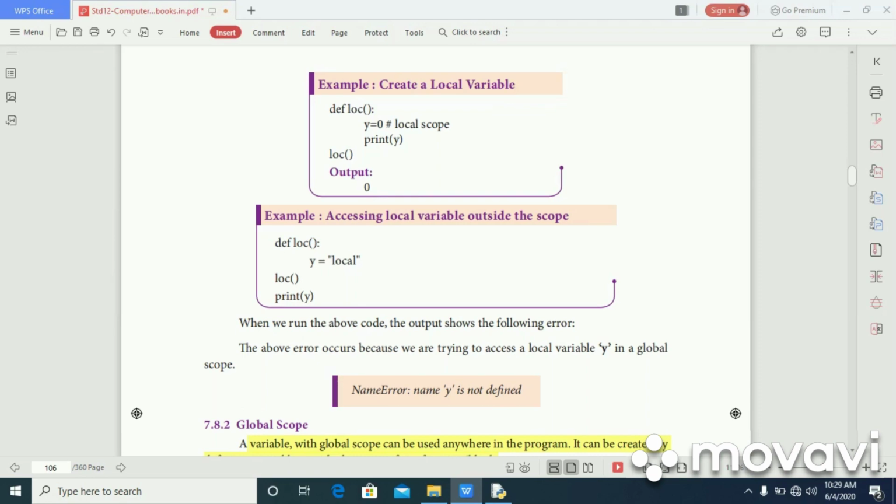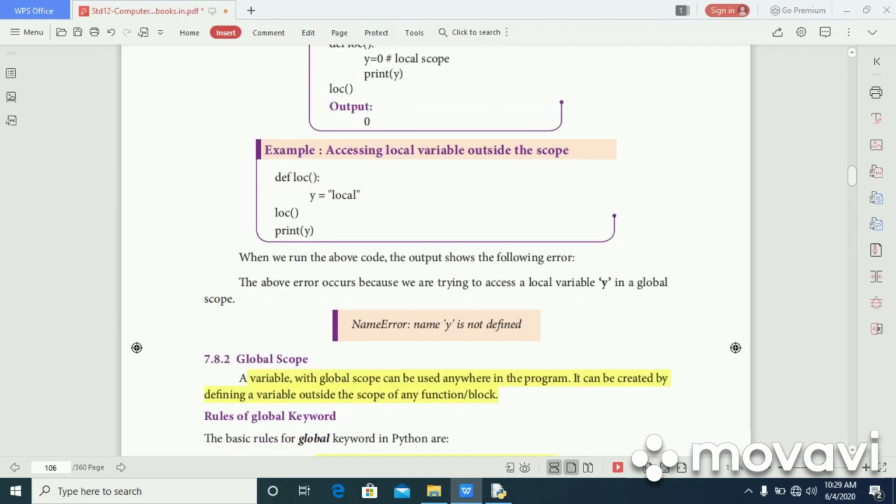Because here it is a local variable, it can be accessed only inside the function, but here we are calling print of y outside the function. We cannot access a local variable outside the scope.